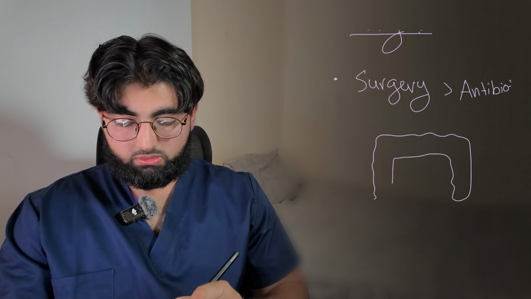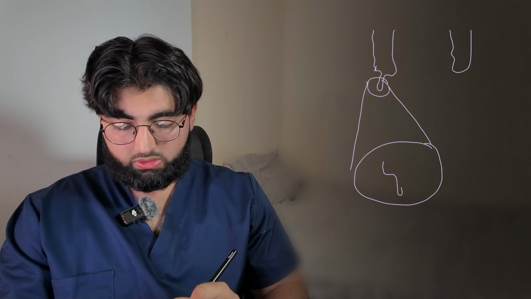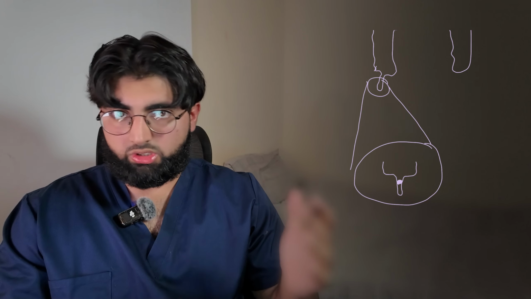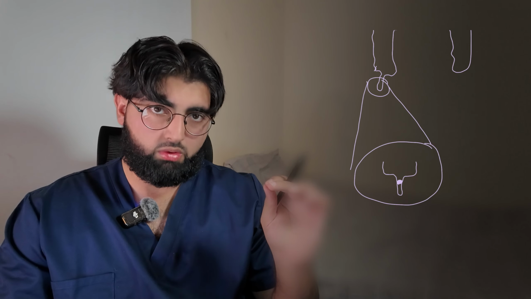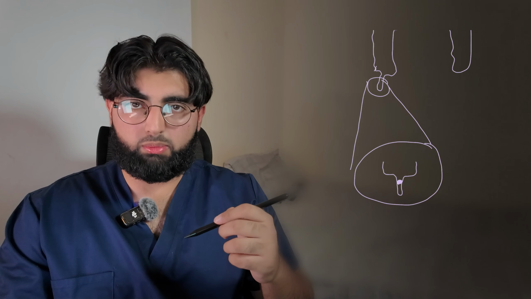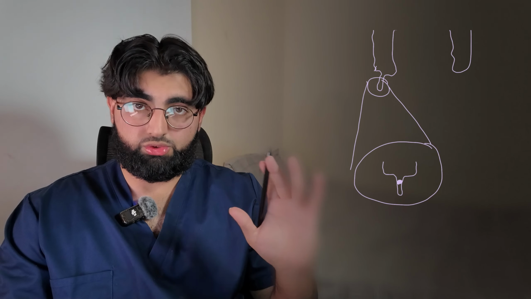Now, the reason for why we pick surgery over antibiotics is that if we draw a quick diagram of the large bowel, and we have the appendix here, this is the appendix. The underlying pathophysiology and the reason why appendicitis actually formed in the first place was because there was a mechanical obstruction. This mechanical obstruction, more oftentimes than not, is caused by a fecalith. This is just a hardened piece of feces that gets dislodged into the appendix, and the majority of cases are caused by fecalith, but it can also be caused by the lymphoid tissue around the appendix becoming hyperplastic, and